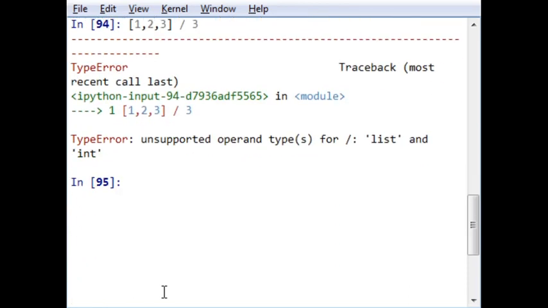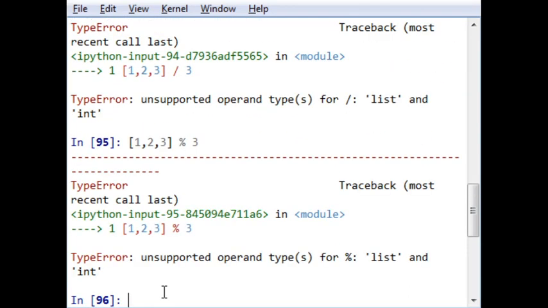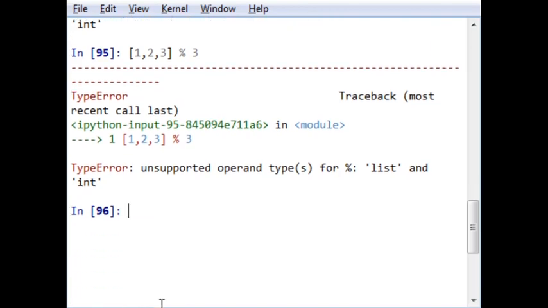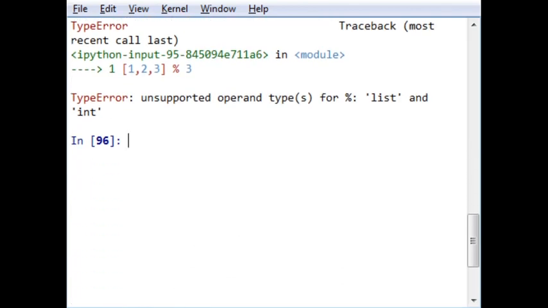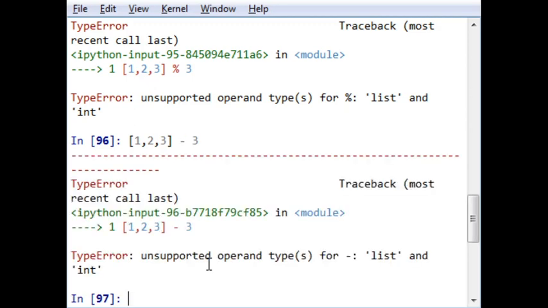No, it is not working on a list either, because this operand type is not supported by Python. Even the subtraction operator will show you an error. So this is something that has to be noted.